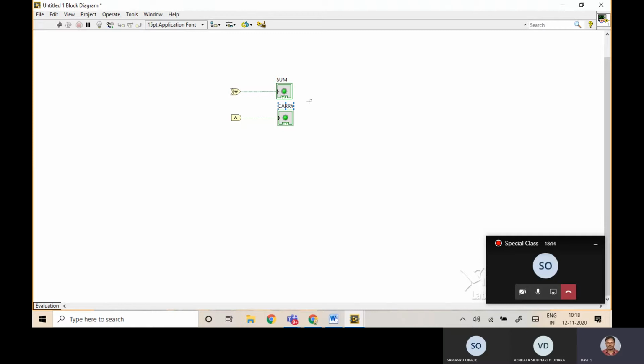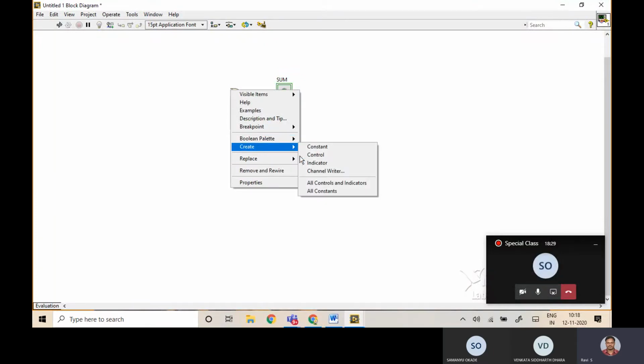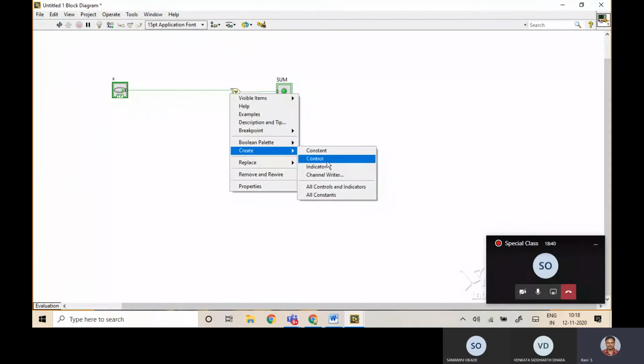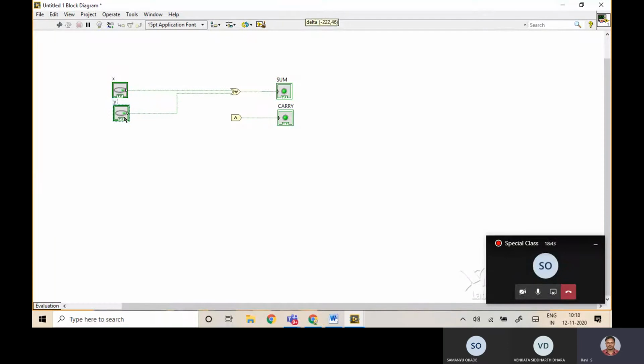One indicator on the exclusive OR will give you the sum, the other on the AND will give you the carry. Now I have to connect the inputs, so I have to provide the controls. Go to the input points, right click, and go to create control. It will give you a binary control, whether you apply 0 or 1, whatever you want. Similarly, I'll go to the second input point and create a control. Now I have two control points, X and Y. Let me follow our norms: A and B are our inputs, so I'm replacing X and Y with A and B.